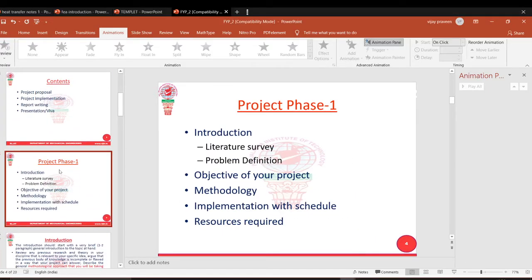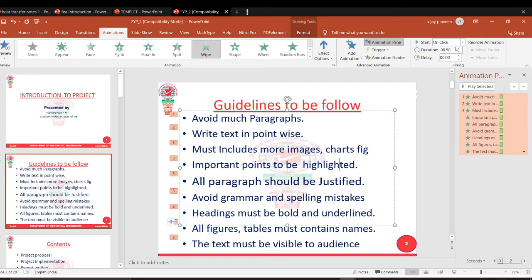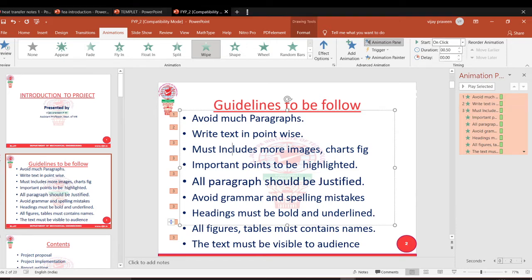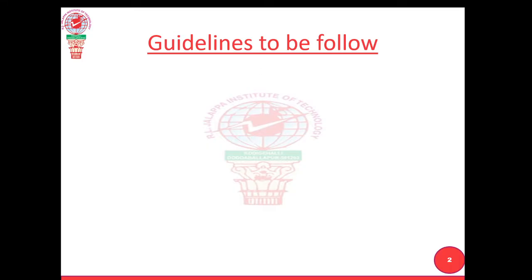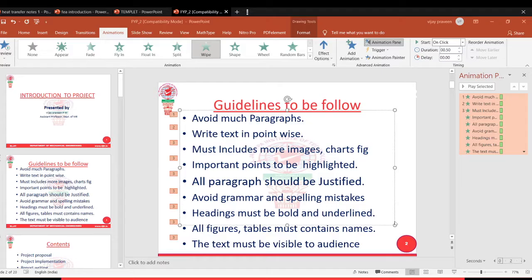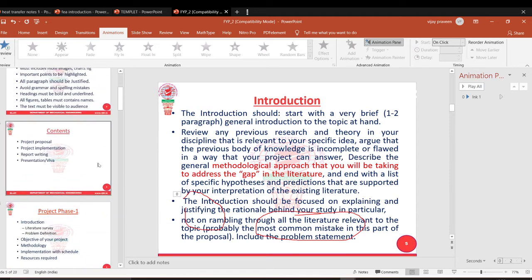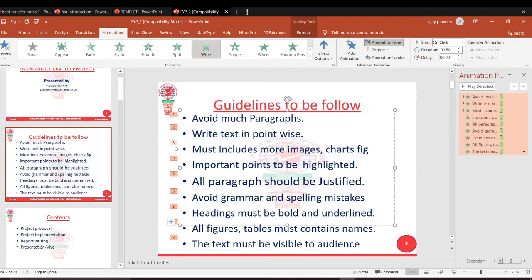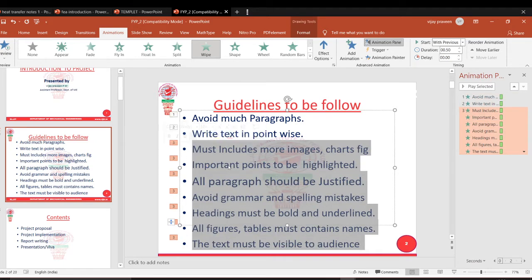Again it's automatic. When I click it, then only it will come. Otherwise, the point will not be visible. So before playing it, let's see. The third, fourth, fifth and the rest of the points all become 3. That means all were selected at a time. Therefore, I don't want to keep it the same. I want to remove this animation.